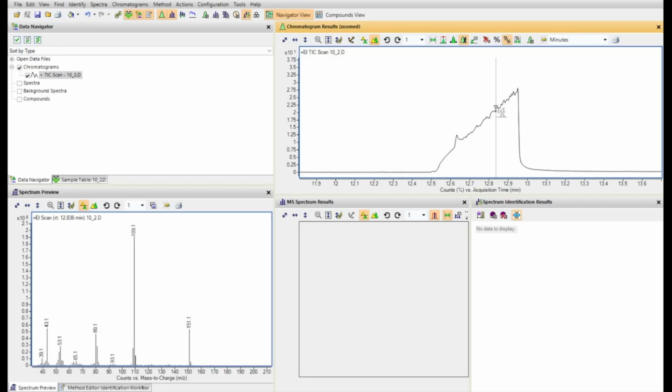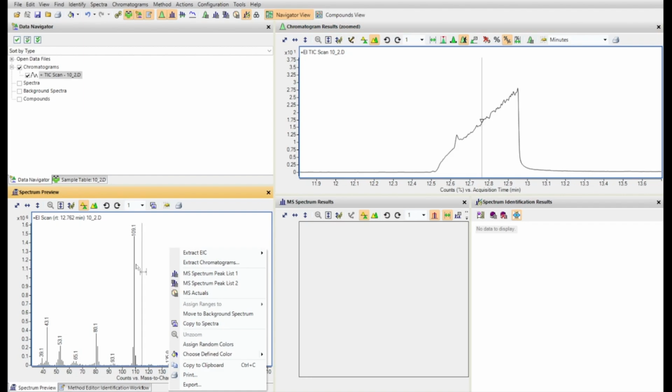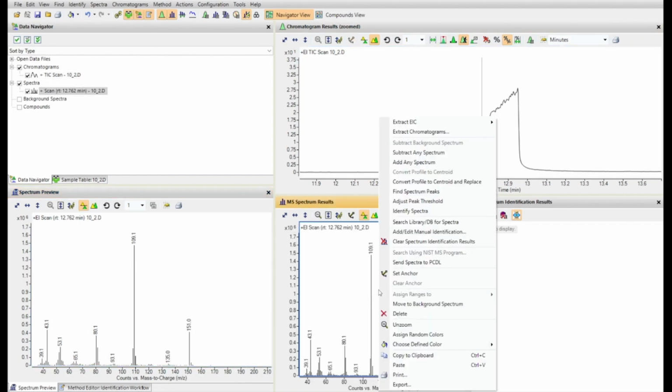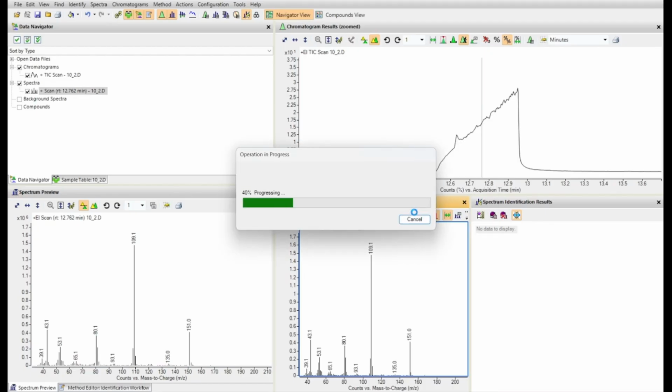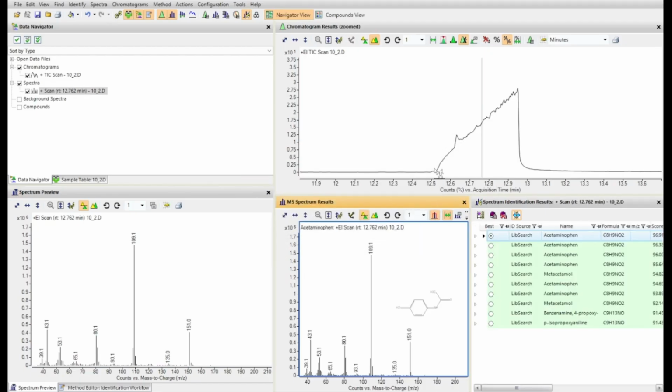To start, I just want to identify what the majority of the peak is, so I can click anywhere kind of away from that bump and probably get a good identification. I'm going to right-click my preview, copy to spectra, right-click my spectrum results, and identify that spectra. So it looks like the majority of this peak is just acetaminophen, and acetaminophen is primarily this 109, 151, 80,